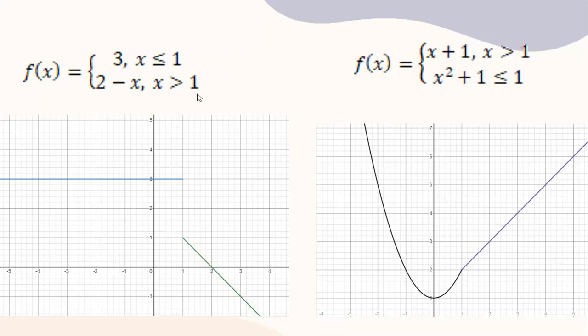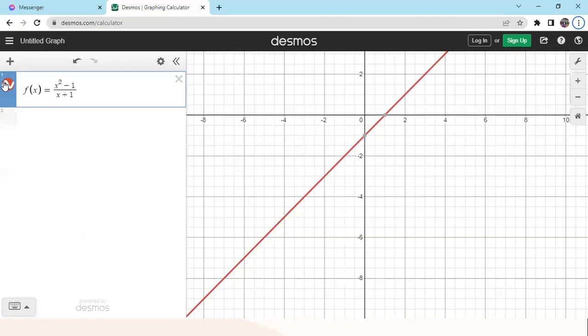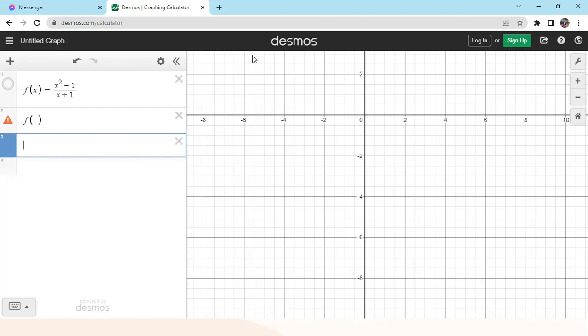We have two conditions. We'll just simply type f of x is equal to,